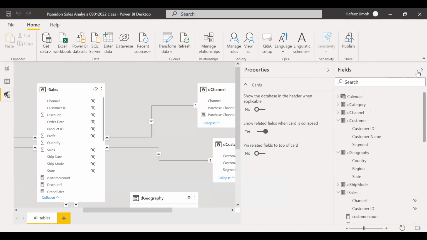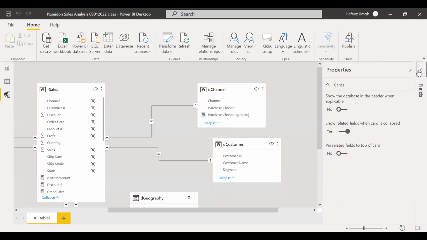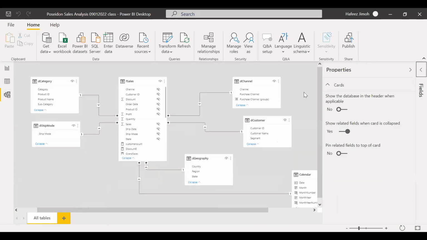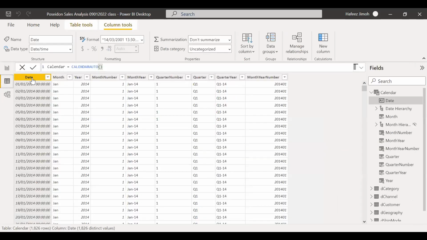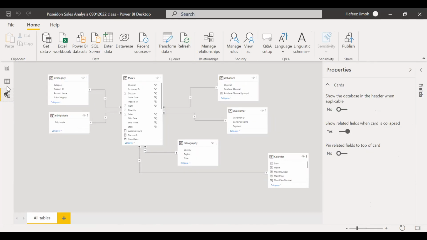I think I know the issue, the reason. In Marvin Data Store, the way Calendar Auto works is that it will scan all your other tables, find the minimum dates in those tables, in your own file, and use it to create a calendar table. So the issue now is there is a possibility that one of those dates in your table